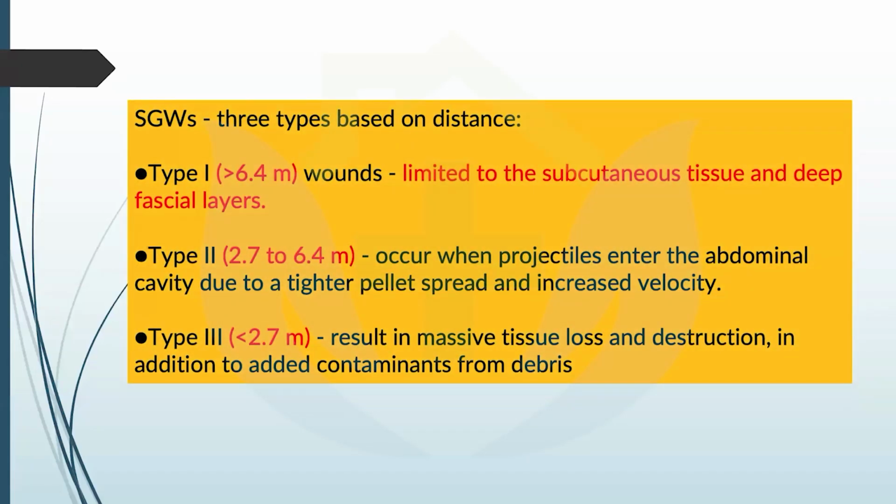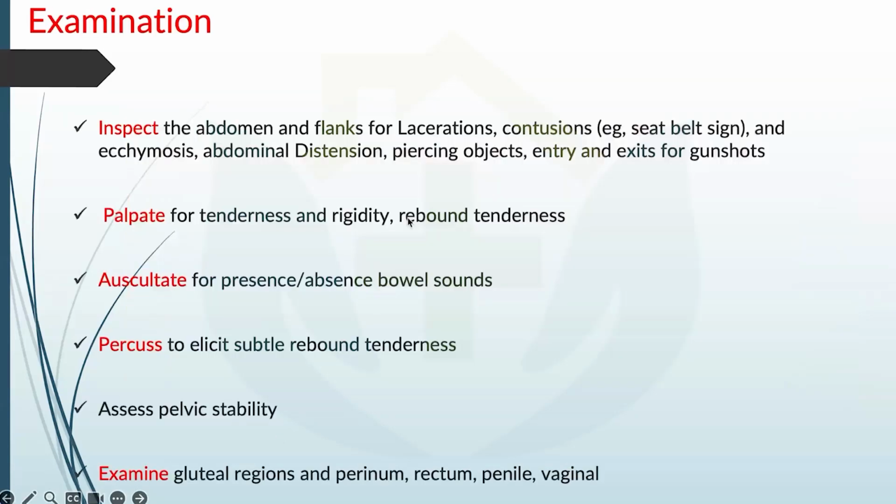The shotgun wounds, there is a peculiarity about it: if they are fired from a small distance, like less than 2.7 meters, they cause greater damage because obviously the energy transferred to the body as well as the amount of soot and particles that go through the body is massive. That's why they cause more damage. But if they are fired from a long shot, they cause less damage. But if it is an updated gun that is used in the modern era, they can cause havoc damage even from a distance.